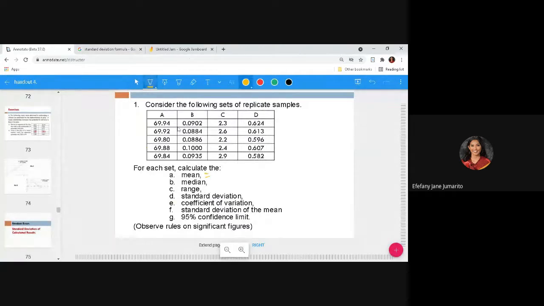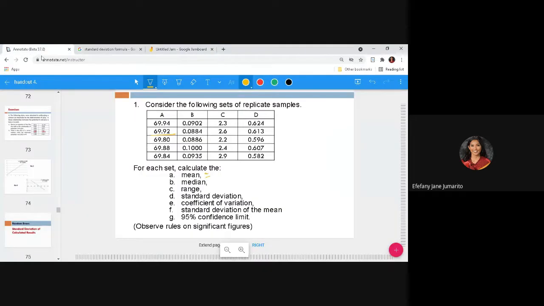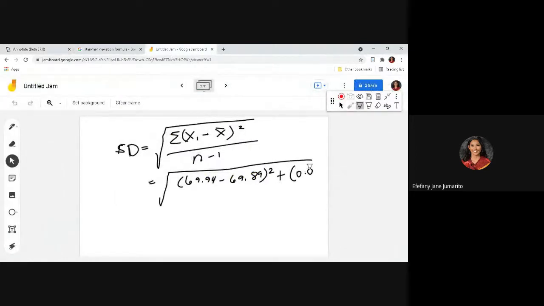We have this one: 69.92 minus mean. Diretso na to class. 69.92 minus pilang mean? 69.89. 69.92 minus 69.89 is 0.03. 0.03 squared, plus